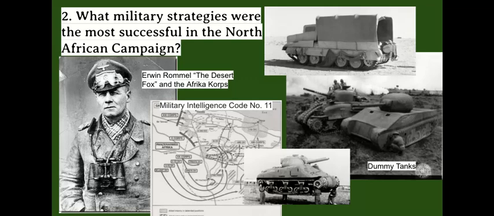Another strategy that was really successful in the North African campaign was these pictures over here. So the British forces, in order to deceive German spies, after the code was switched, German spies had to use airplanes to spy from up above in the air. And the British were able to deceive those spy planes by dressing up their vehicles to look like other vehicles or to make pretend vehicles where none even existed. So this here is a tank dressed up as a truck, this like cardboard truck thing on top. And this is a regular tank, and this is an inflatable tank, and this is a cardboard tank.